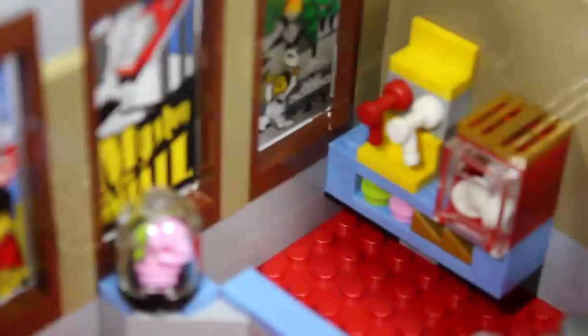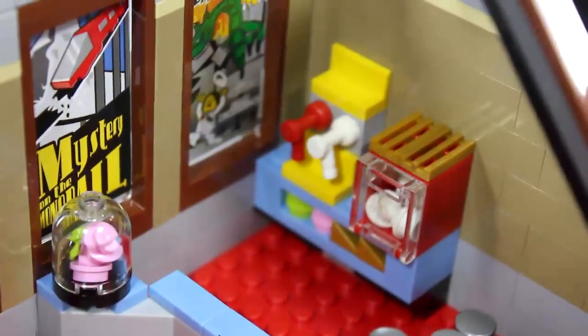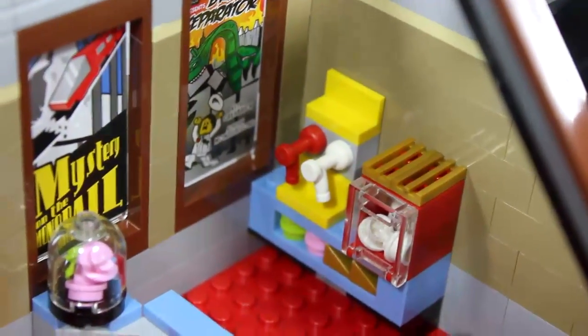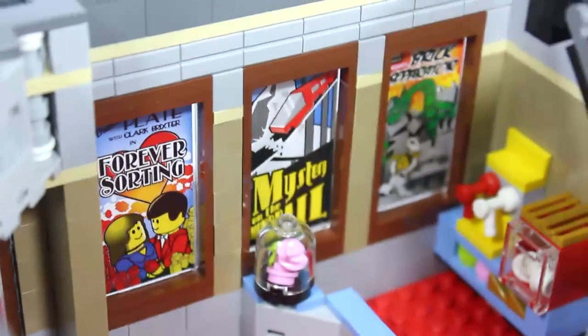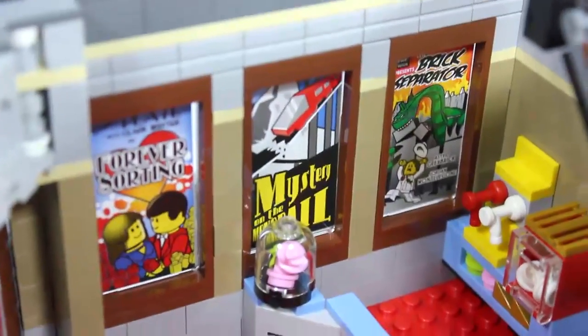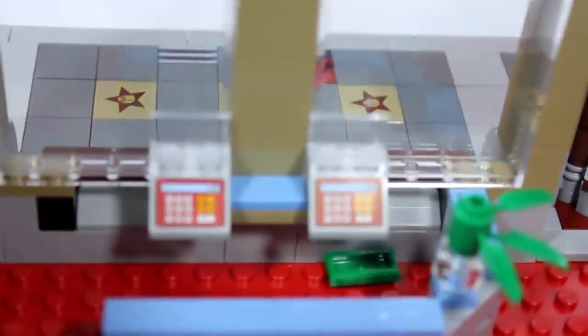Back here we have the soda machine and the popcorn machine, which, if you guys remember the old Town Plan set, that had a popcorn machine also, and I thought that they did a little bit better job on that one. No offense, Lego. And we have the movie stickers that were on the front also on here. So in here we have the ticket booth,